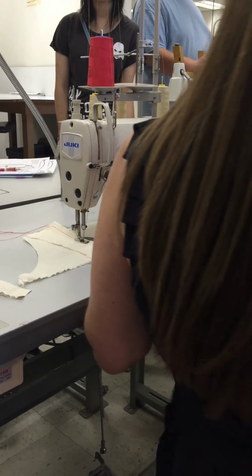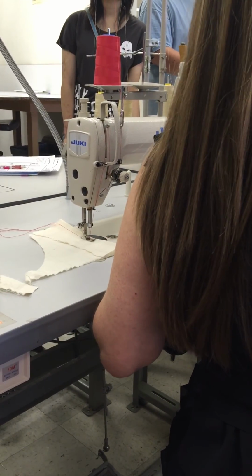If you don't have your tote bag of fabric, there's Newman Fabrics this way. You can get fabric there, and there's